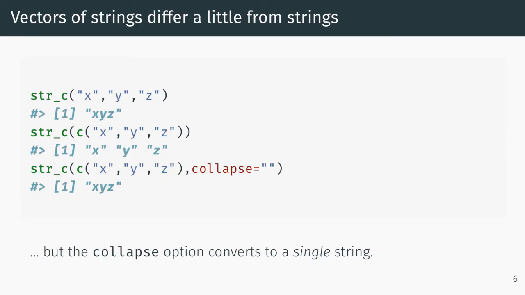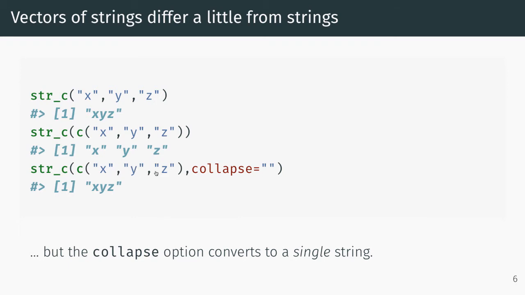Vectors of strings differ a little from strings. We saw before that we could combine these three strings, but if we try to combine a vector of three strings, we get a string of vectors. And this is a little bit hard to understand. In fact, I'm just going to read you from the documentation. It says, to understand how str_c works, you need to imagine that you are building up a matrix of strings. Each input argument forms a column and is expanded to the length of the longest argument using the usual recycling rules. So this is a little bit